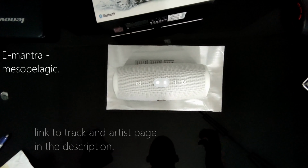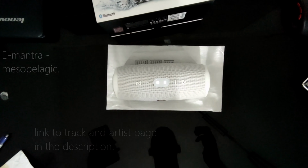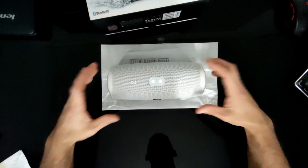Yeah, as you can see, pretty nice. Obviously, it's not the highest setting, but it's already strong enough so you can sit with people and listen to music. Yeah, it can go loud. Obviously, you can't compare that to a really big stereo system or something like that, but it's really nice